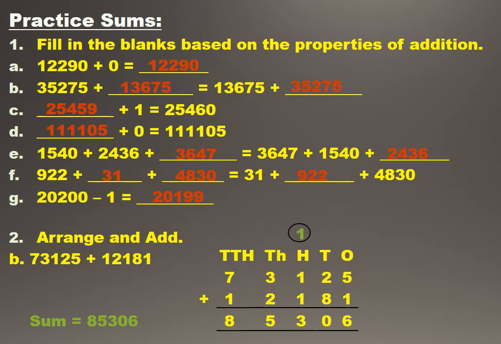Now on both sides, place that number which is not written on the other side. As left hand side, 1,540 is written, 2,436 is written. But by seeing the other side, 3,647 is missing from the left hand side. So write that here on third place. And on the right hand side, 3,647 is mentioned, 1,540 is also written, but which is not written, 2,436, that you have to place there. Hope it is clear to you. Next part is also from your book. 922 plus dash is equal to 31 plus dash plus 4,830.